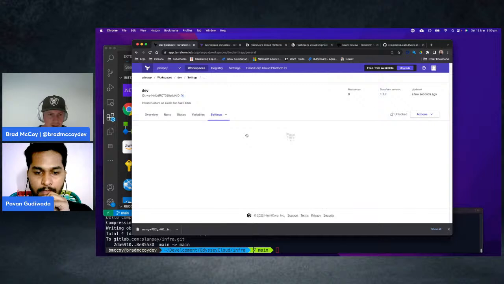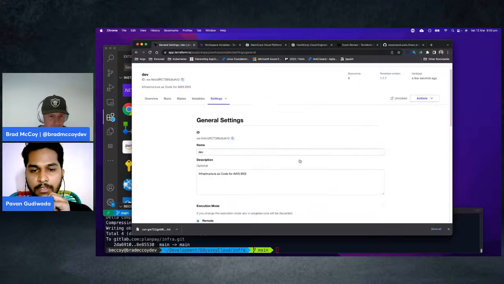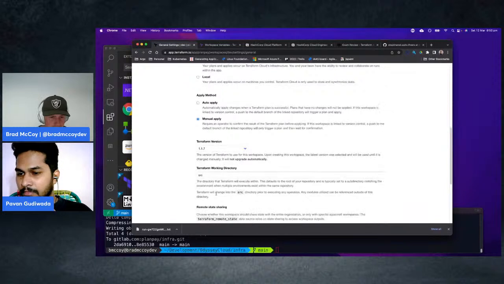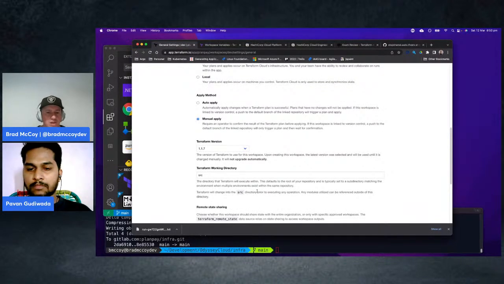Let's just check out the settings. So Terraform working directory: Terraform will change into the source directory prior to executing any operations. So maybe